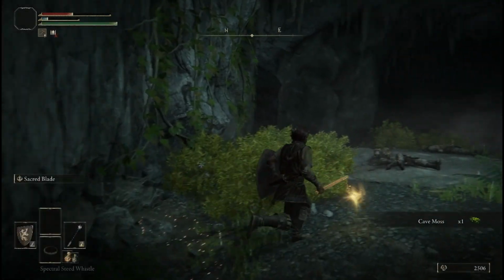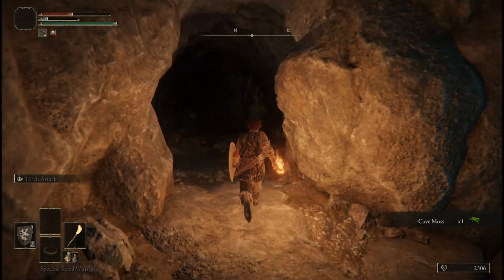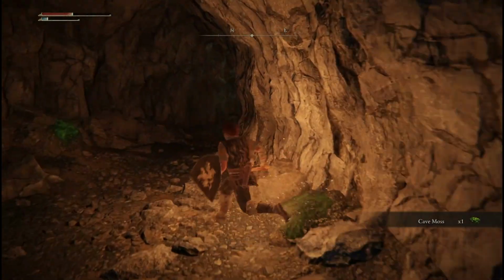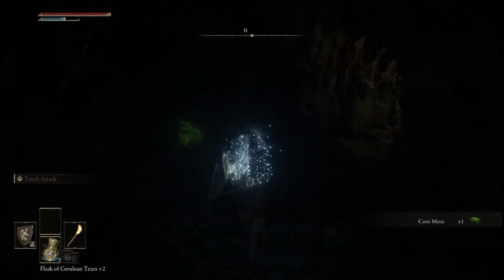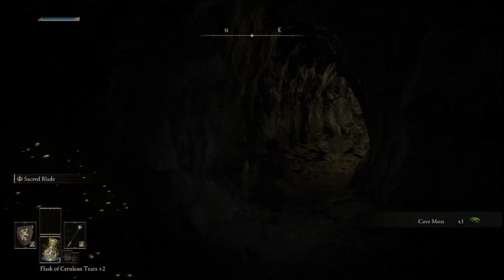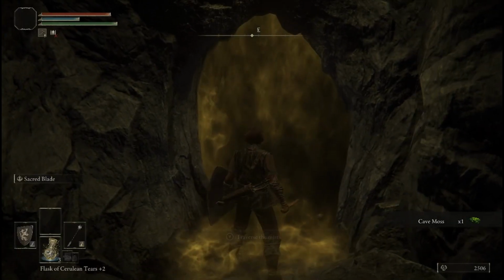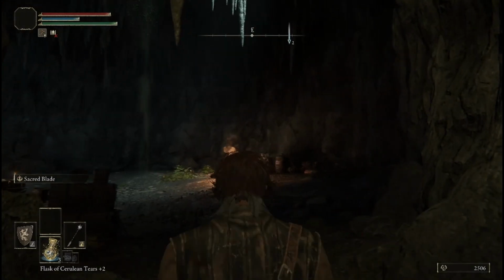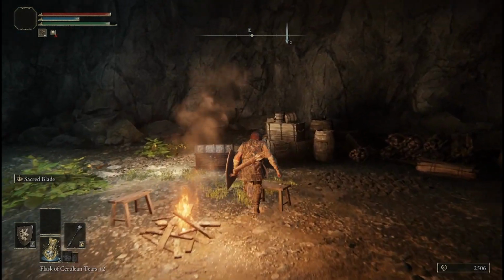Should be some more cave moss here as well. Yeah, we'll pick up that. Go activate our torch. It's going to heal back as well because there's reasons. So we run through here. This is not really a boss fight, per se. To be honest, it's pretty straightforward. What happens here is there's a chest here that we're going to activate,